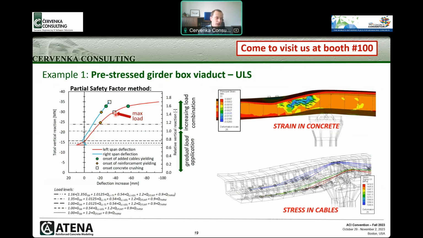It was reached over here when we observed the ultimate strain in the concrete under compression. So this point was taken as the maximum resistance of the structure. It exceeds the required combination, so we can say that the structure satisfied the